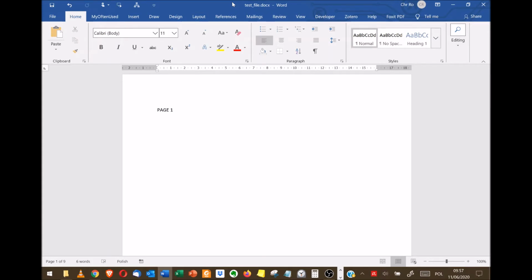Today I'd like to show you how to work efficiently with Word if you have a very big Word file and you are referring to different pages of it. So I have an example over here of a file that has 9 pages. Let's imagine that we want to see the first page, but also at the same time the last page